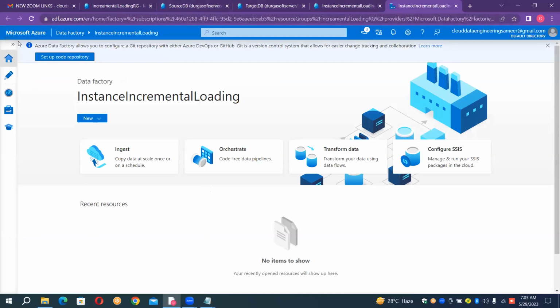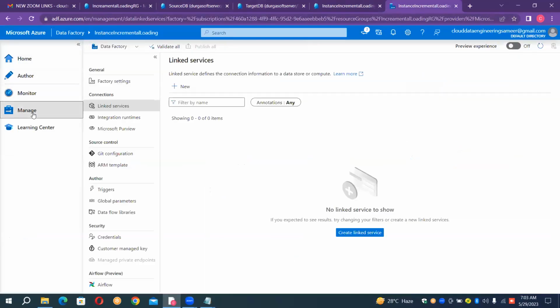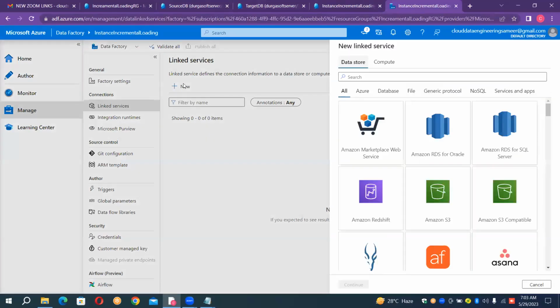Okay. As it is, go back and now use the manage. Two linked services are required as per the process. So for that, I'm creating the first linked service. Here I'm using the first linked service without the parameters. If I use parameters,